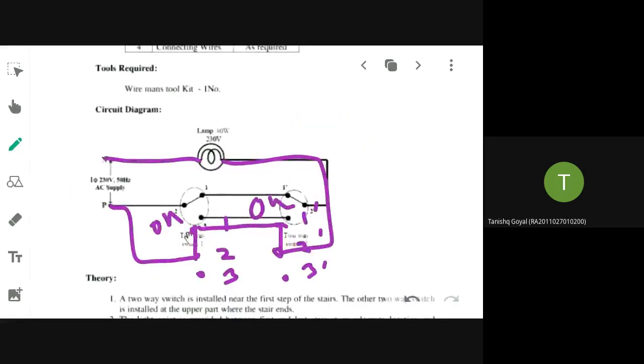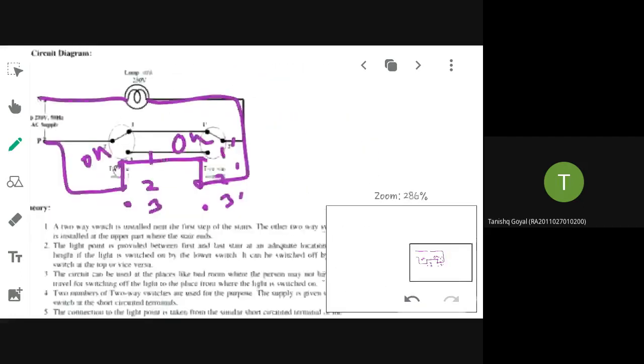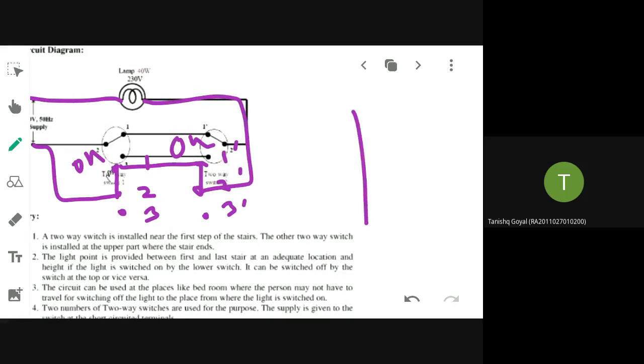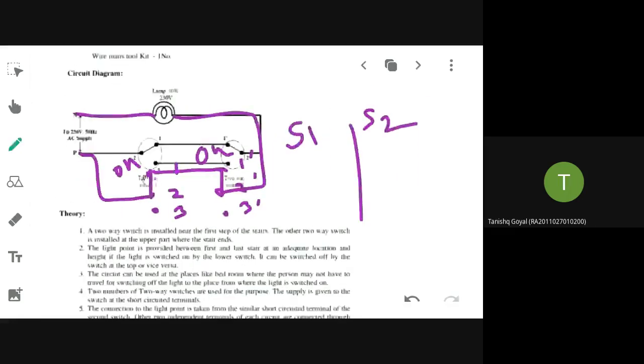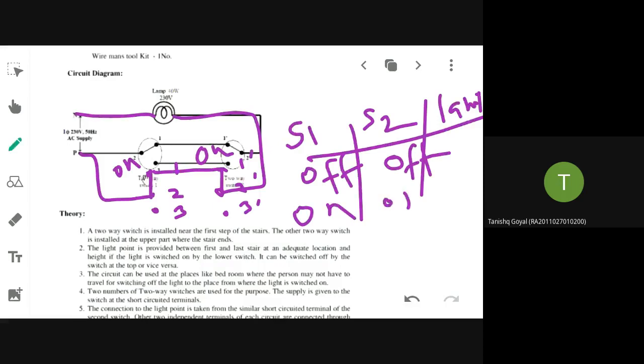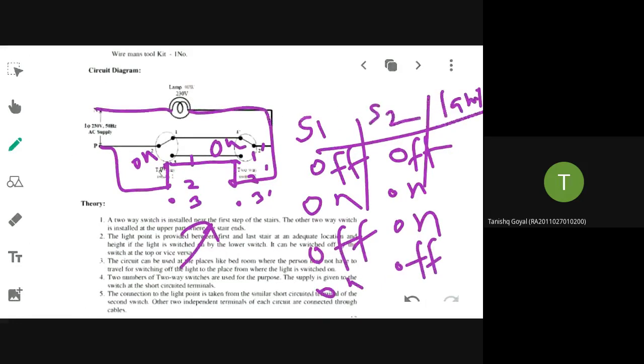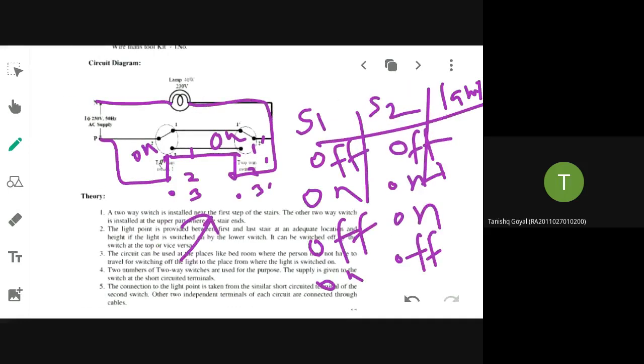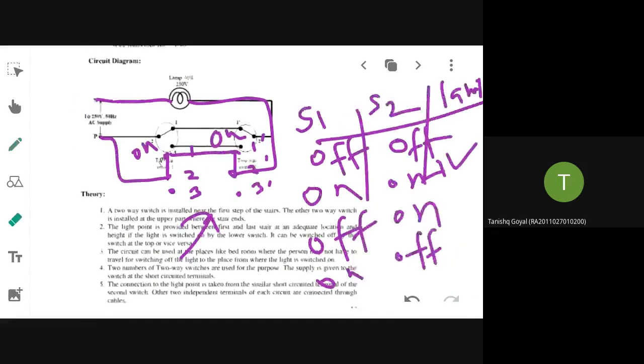So there is a truth table that you have to write. First thing is switch 1, switch 2 and lamp. So 0 0, both are off, you assume, then on, off, on, off. So this is corresponding to on or off, which condition? On, on. Okay, so lamp is glowing or not glowing? Glowing, ma'am. Okay, that is first.